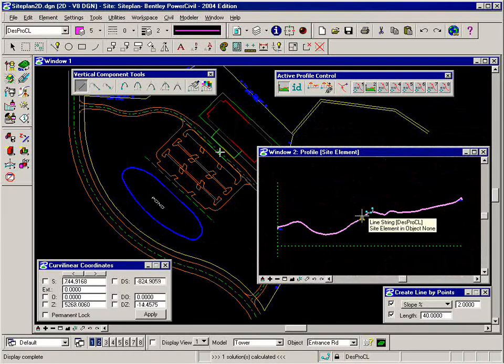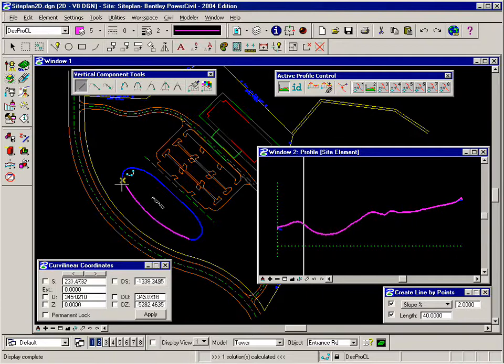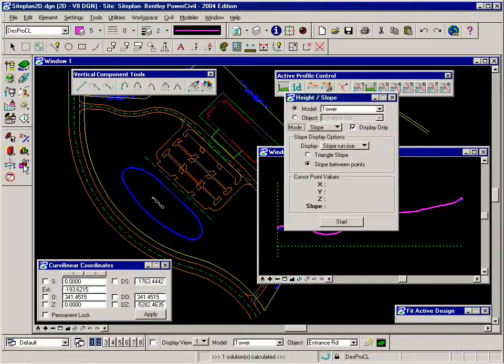And I know I need to be at a specific elevation there because I put the building in already. Well, in order for me to get that information, I'm going to use an analysis tool. We used the profile analysis tool earlier to cut a profile across the road. Now we're going to use the height tool to get the height of the building in the area in front of it. So I'm going to go ahead and access that tool,